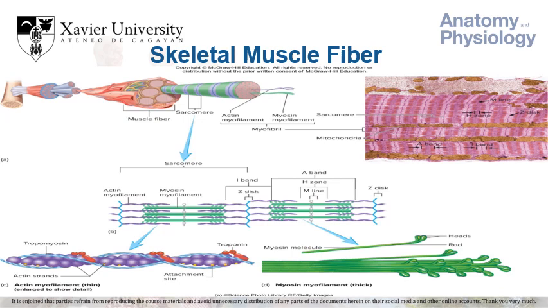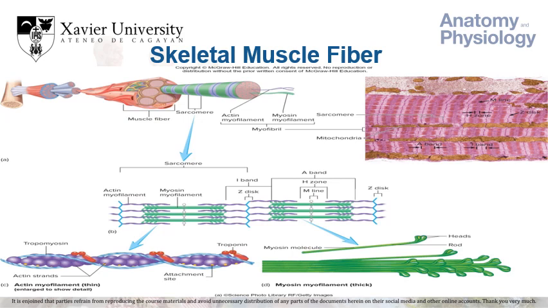Each sarcomere consists of two light staining bands separated by a dark staining band. These light staining bands consist only of actin and are called I bands, which extend toward the center of the sarcomere to the end of the myosin myofilaments. The dark staining bands are called A bands, which extend the length of the myosin myofilaments. Actin and myosin myofilaments overlap for some distance on both ends of the A band, and this overlapping causes